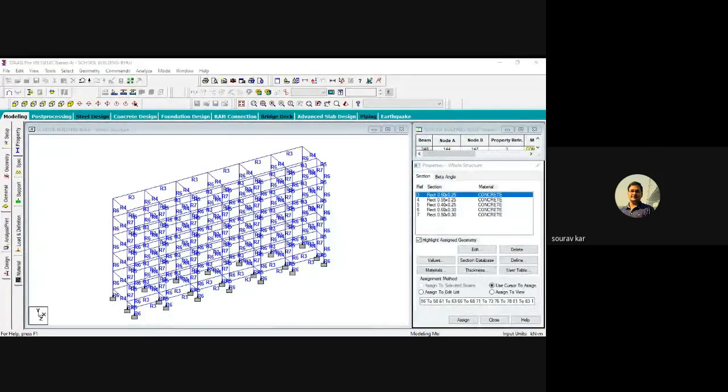I'm changing the Poisson's ratio to 0.2. Density, you can take 25, because we know the unit weight of concrete is 25 kilonewton per meter cube. FCU is 25,000. And Young's modulus, what was the value which came last day?